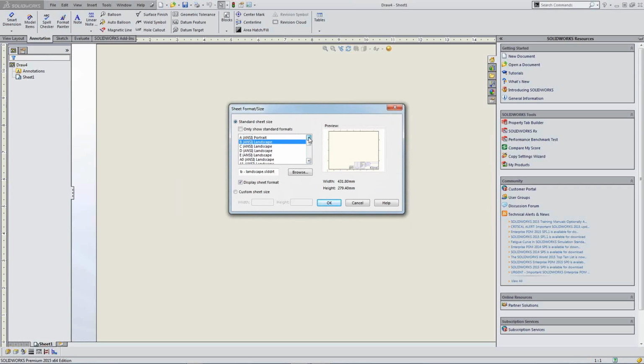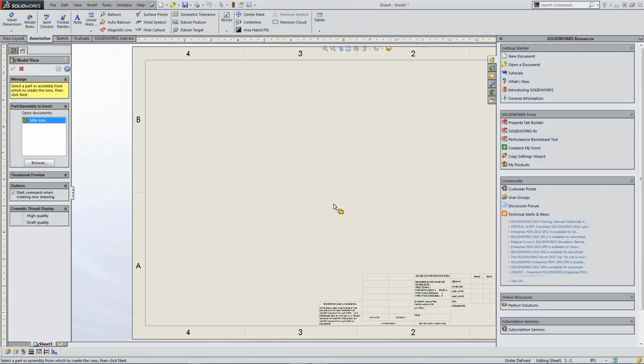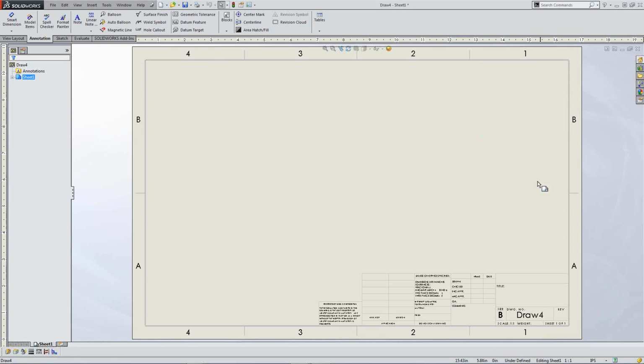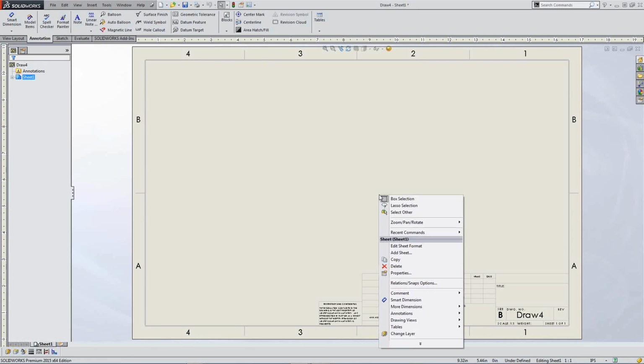And what we're going to do is base our sheet format off of one of these existing sizes. So I'm going to open up the B-ANSI landscape. And you'll see, let me get this task screen out of the way. What we've got is a sheet format here, but if I click on it, I'm clicking all over the place. I can't edit it from here. So what you need to do to access your sheet format is you first right-click, you go to Edit Sheet Format,